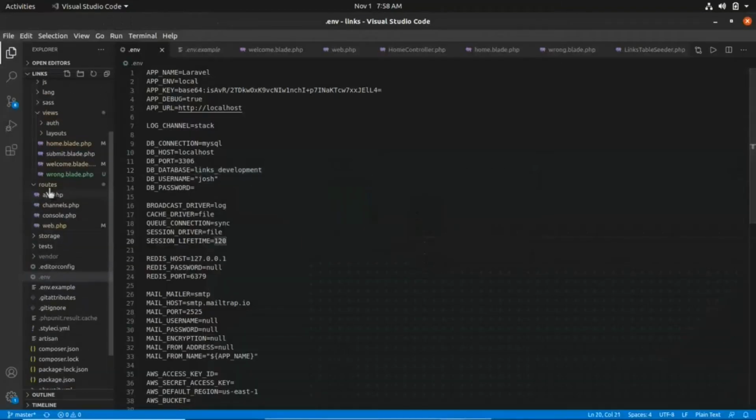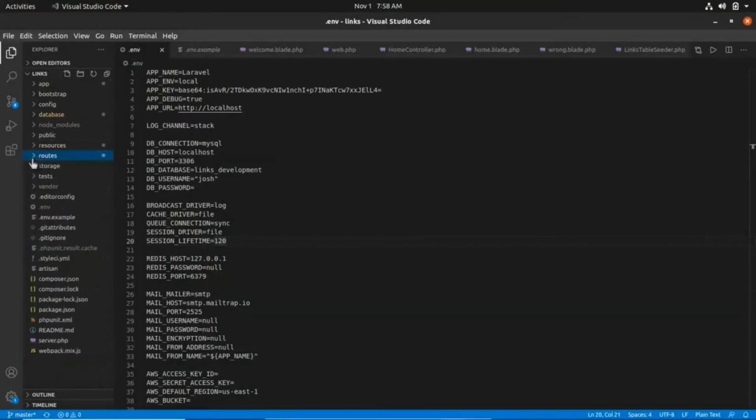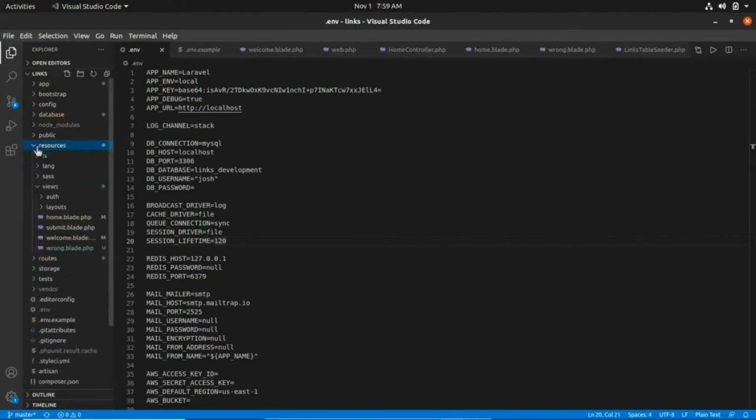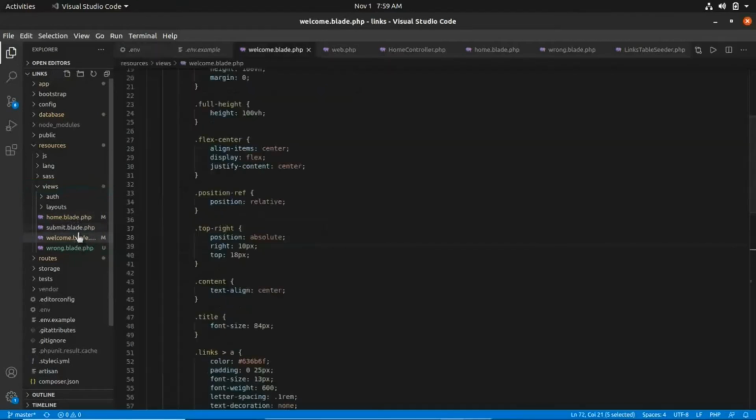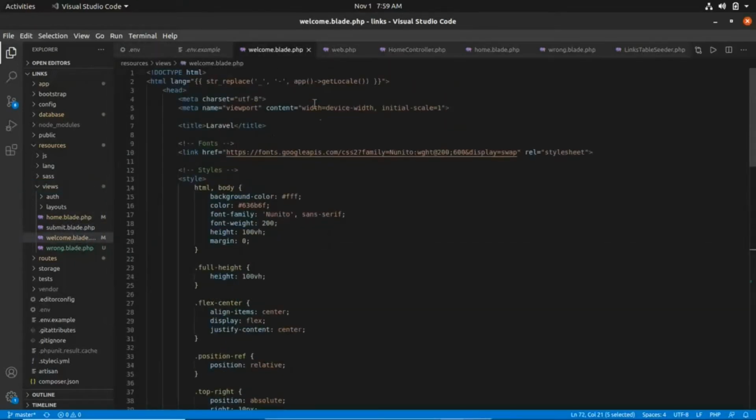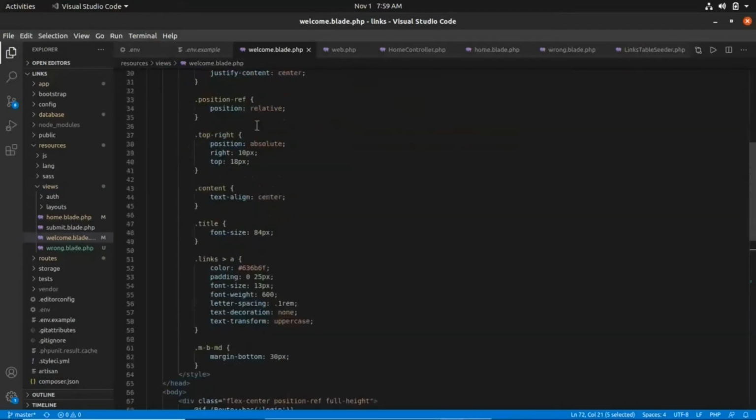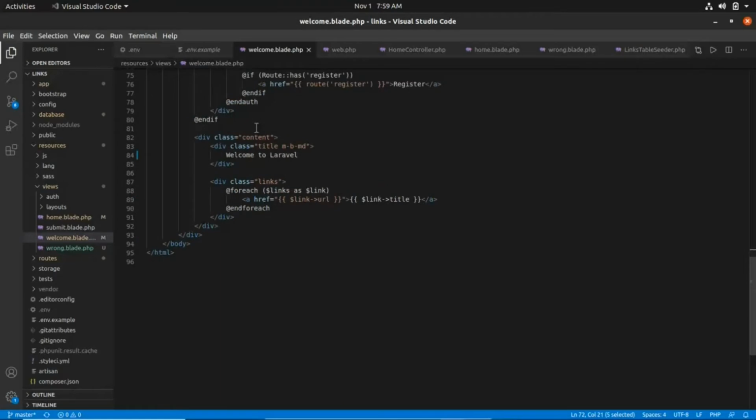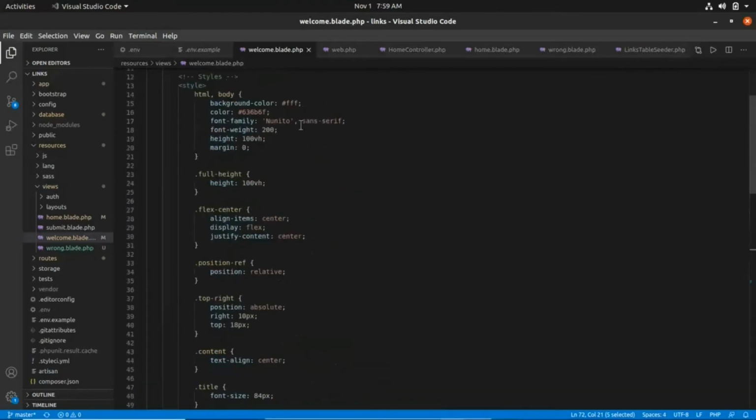Great. Let's look at the folder structure of Laravel. So these are the templates that it will always have. Certain types of files will be in certain types of folders, obviously. The HTML files are going to be in resources in views, and they are going to have the postfix blade.php. This is the one that we just visited, the front page. These are basically HTML files for Laravel for PHP, and since it's using the Blade